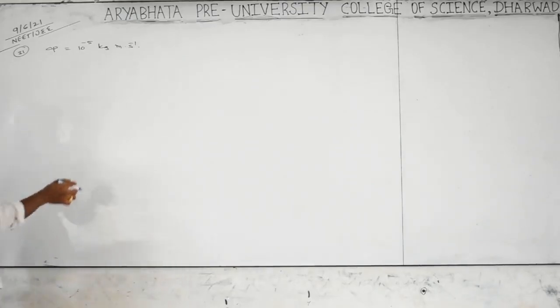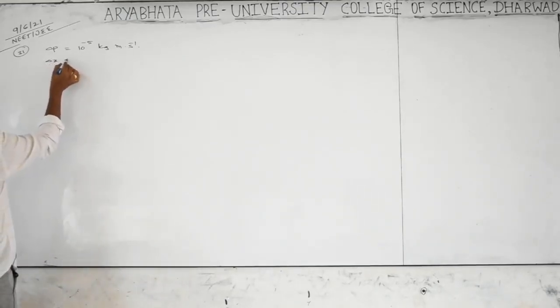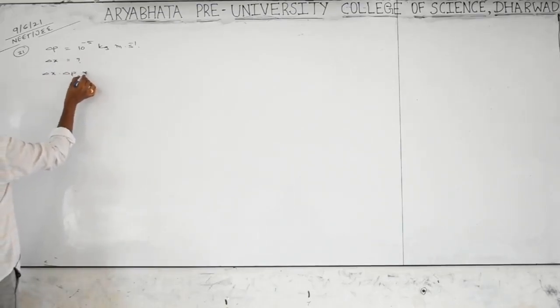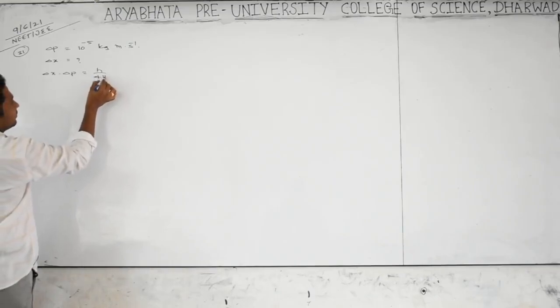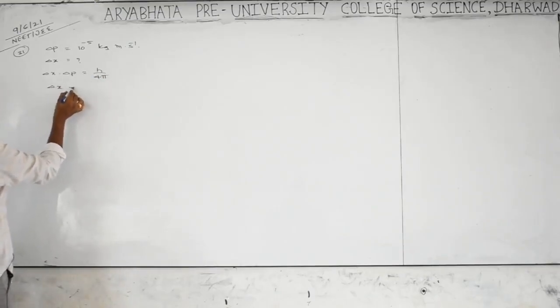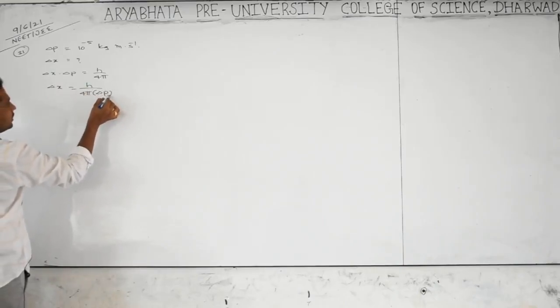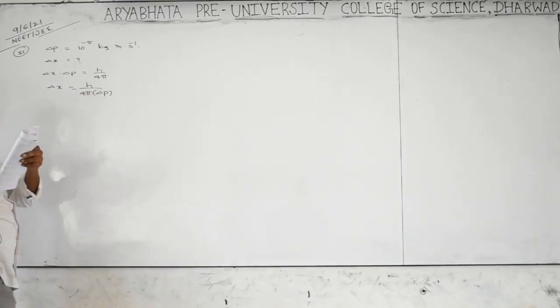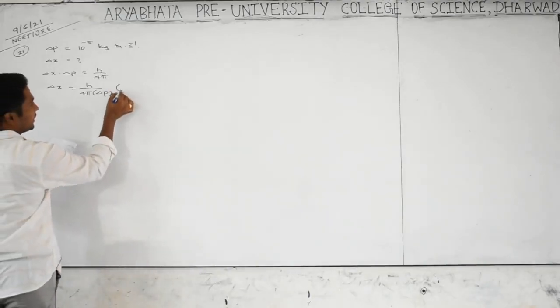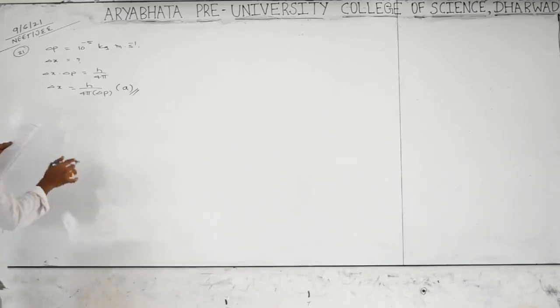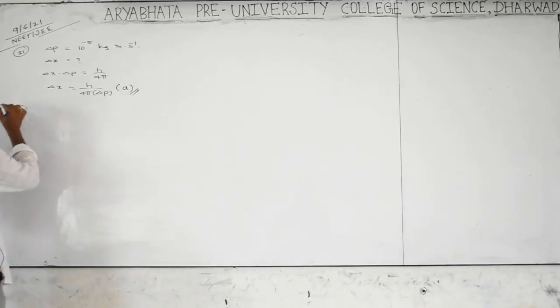You may get it, no? So the uncertainty in the position is equal to how much? You know very well delta x times delta p is equal to h by 4 pi. You want delta x, which is h by 4 pi into delta p. You can simplify the things, and I think you are getting option A. Reduce that, the sense is not a matter. And go for 32, question 32.